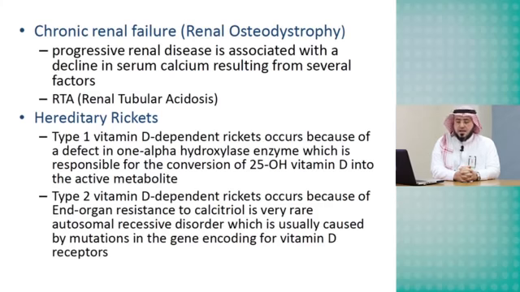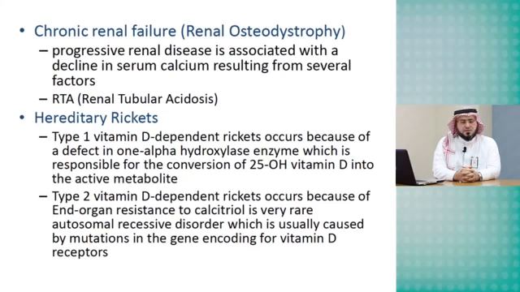where there is an inherited deficiency of 1-alpha hydroxylase enzyme. So in this type, type 1 vitamin D dependent rickets, we will have a normal 25 hydroxyvitamin D, but deficient 1,25 dihydroxyvitamin D because of the inherited deficiency of the enzyme. While type 2 vitamin D dependent rickets happens not because of deficiency of the enzyme, it happens because of the